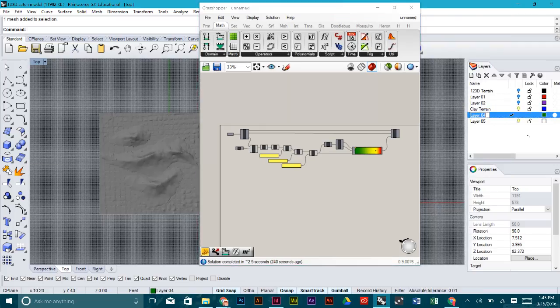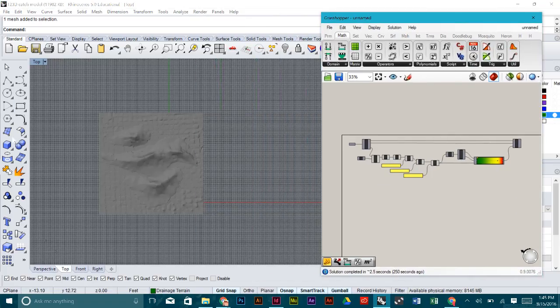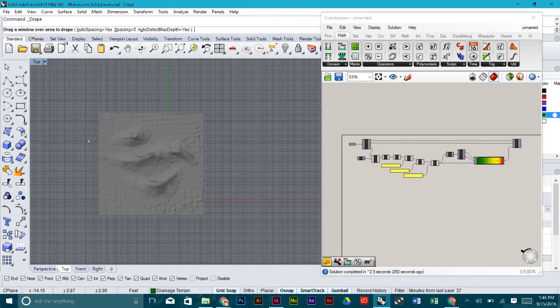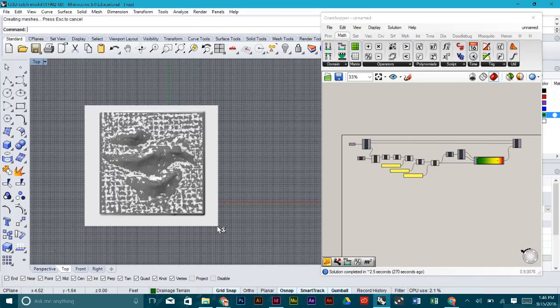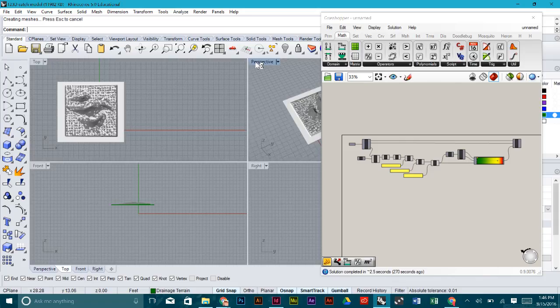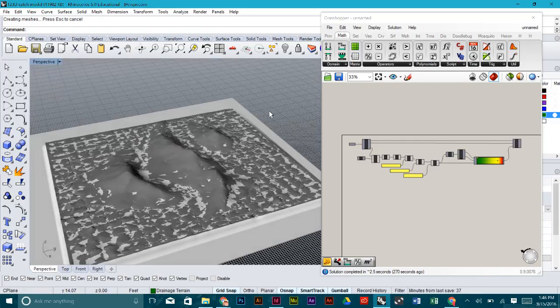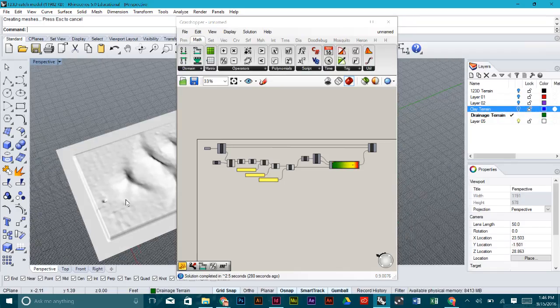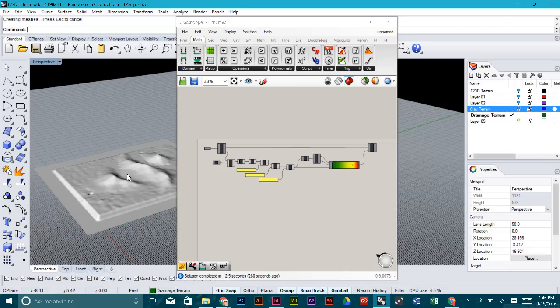create a new layer and call this drainage terrain. I'm going to go over to my surface and choose drape surface over objects, or always type drape if you want to as well. So I'm going to go ahead and just draw a rectangle over here. It doesn't matter if it's matching or not, because again, we can trim it away. So now I have my new draped surface. So let's turn off that terrain. There's something kind of weird going on there, and a couple, but it does help kind of refine that resolution